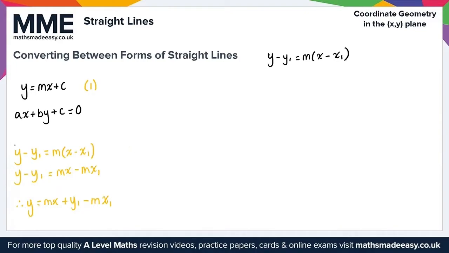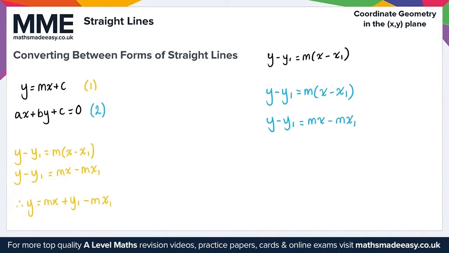How would we derive the second equation here? Well, again, let's change our pen colour to make this clear. For equation 2, again starting from the expression given first, we write that out again: y minus y1 is equal to m lots of x minus x1. And just like we started with equation 1, we expand the right hand side first. So this is y minus y1 is equal to mx minus